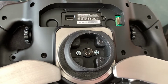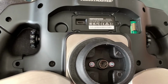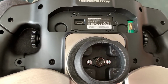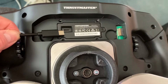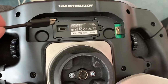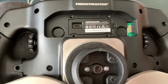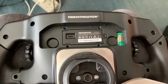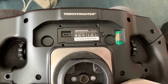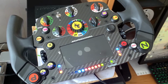Okay, so we've got the wheel back off the servo base because the wheel needs its firmware updated, which means connecting the wheel directly to the PC via this USB-C connection, which means the gear paddle's coming off again. So kind of wish Thrustmaster might have mentioned that in the instructions before I attached it to the wheelbase, but never mind. Let's go and update it now. Okay, so that's the wheel attached